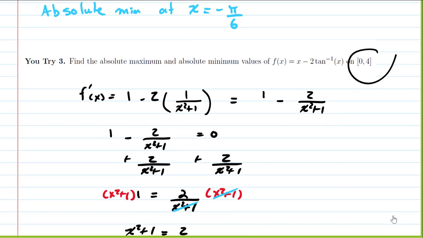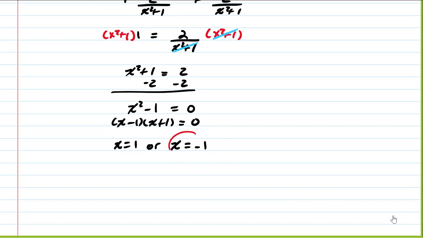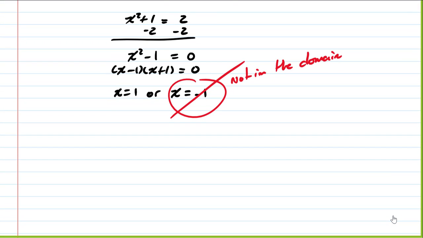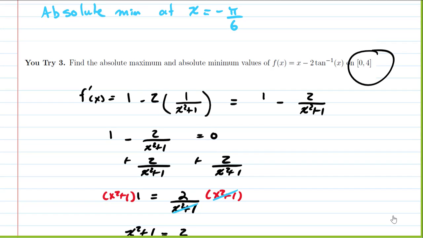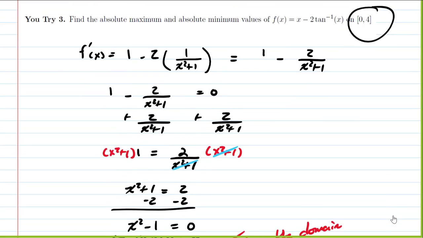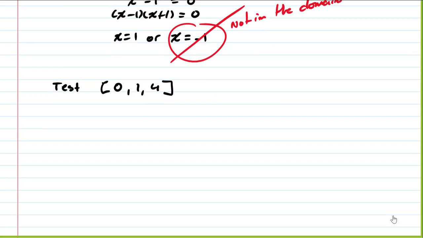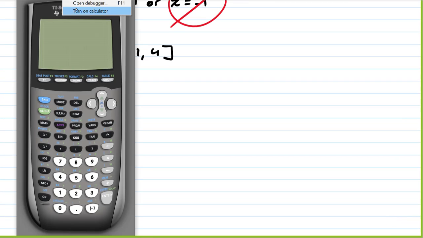We go back and we look at our domain. Our domain is the set 0 to 4. So we don't need to worry about this guy. He's not in the domain. So we reject that one. And then we test our critical number and our endpoints. So we're going to test 0, 1, and 4. So we grab our calculator, put in our original function,